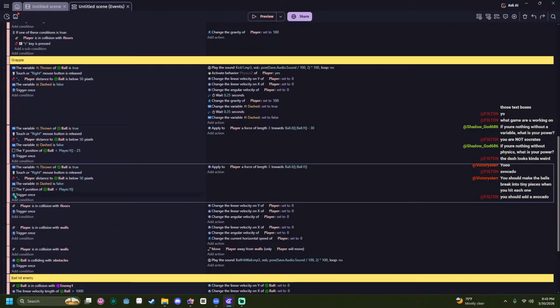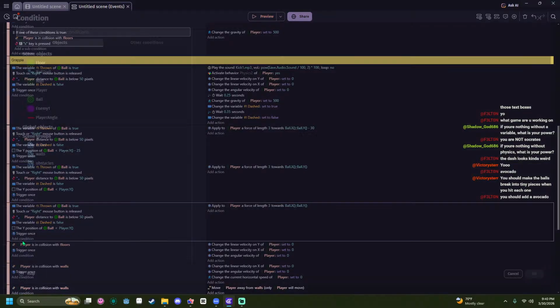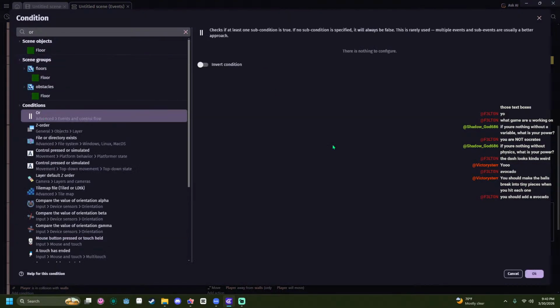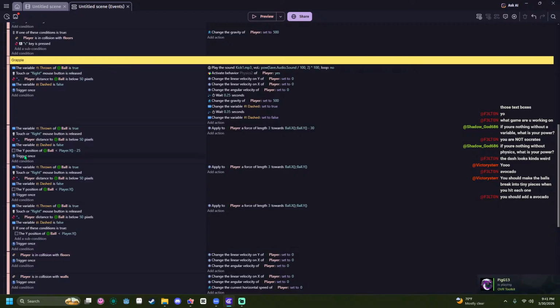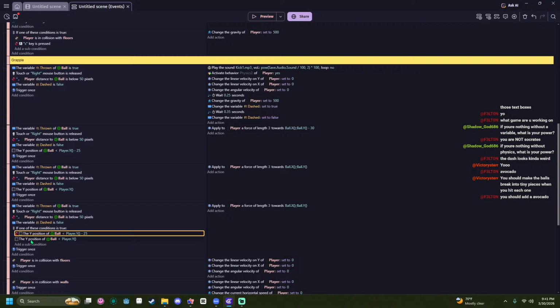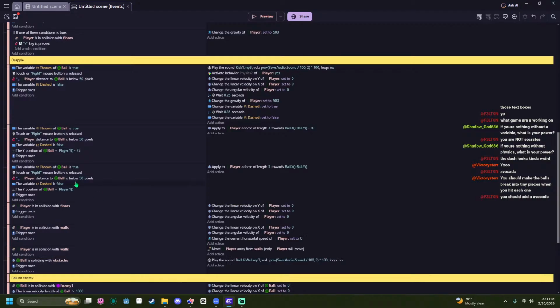Duplicate it one more time, but we need an or. So if it's either this one or this one. Actually wait, no, just less than that minus 25. There we go. That covers all bases. And we'll even do less than or equal to. There we go.